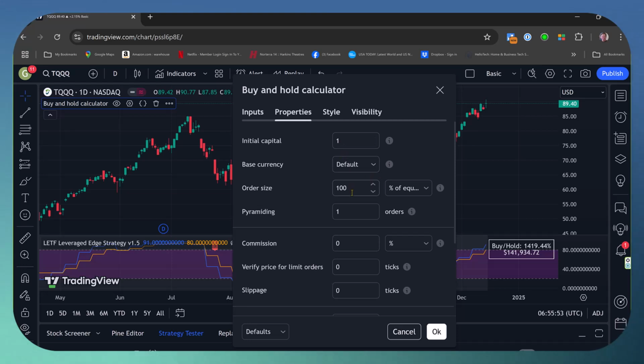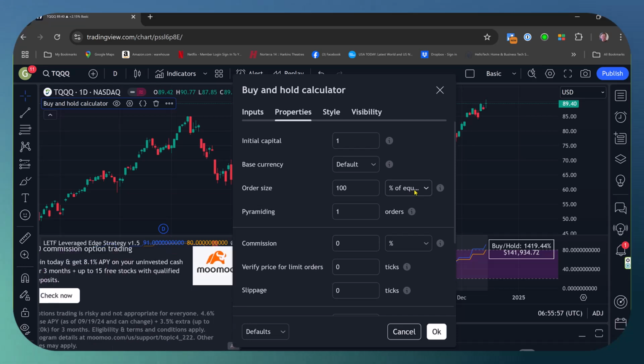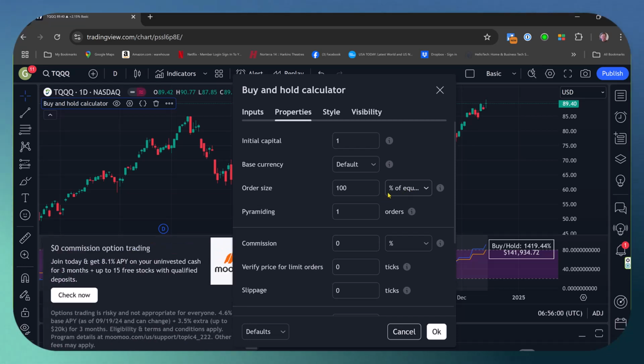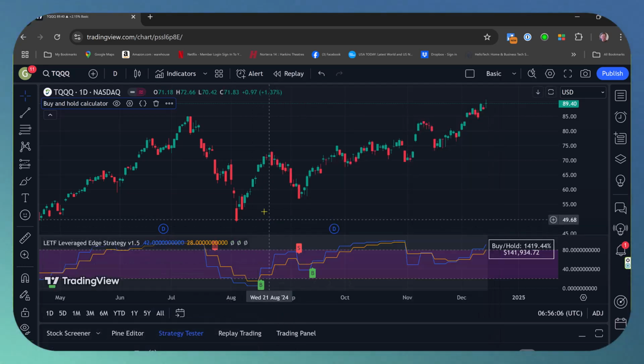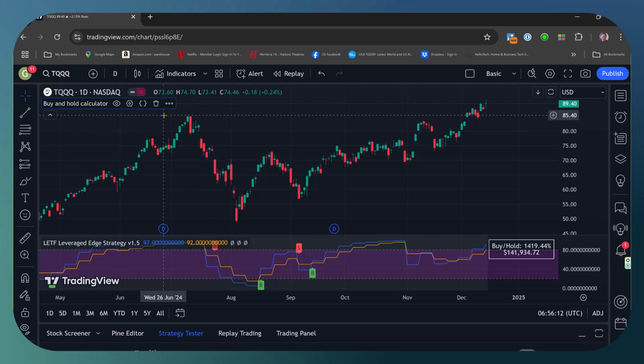And continue with the order size. 100% of equity is what I would recommend. Continue using that. And I keep getting these pop-ups, sorry about that, from TradingView. Little advertisements, and that's because I've got the free basic version up here. In any case,